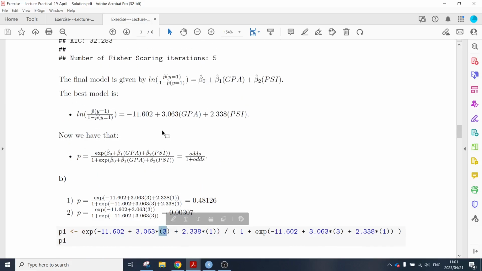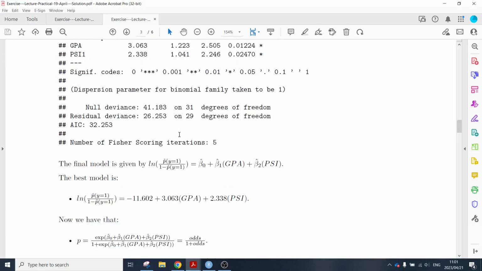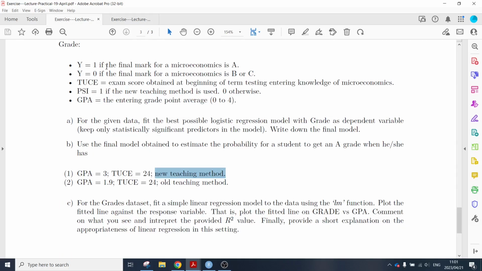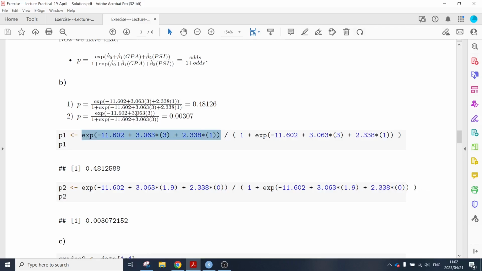Remember the coefficient was 3.063, so you'll have times 3. And then we had the teaching method equal to 1. That's how you'll plug it into your equation. And then for the second one, you have 1.9, and the old teaching method is 0 if the new teaching method is not used. So new teaching is 1, not new teaching is 0. That's the old one. So you'll plug in the 1.9